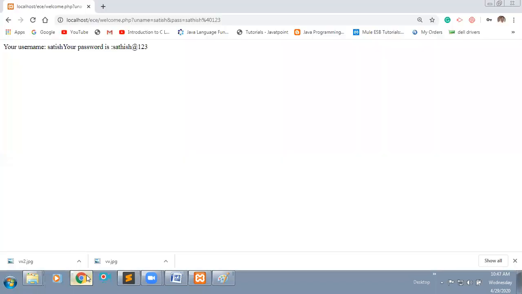Just see. In the previous case, you were able to see the password within the address bar. Now I'm changing that get method to post.